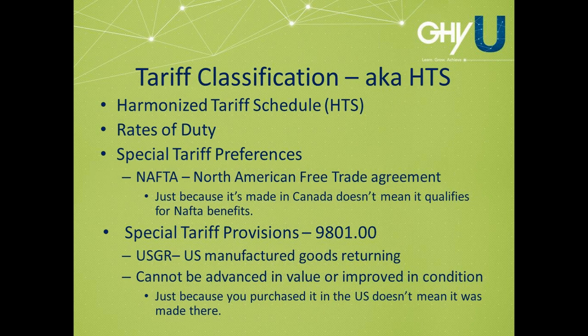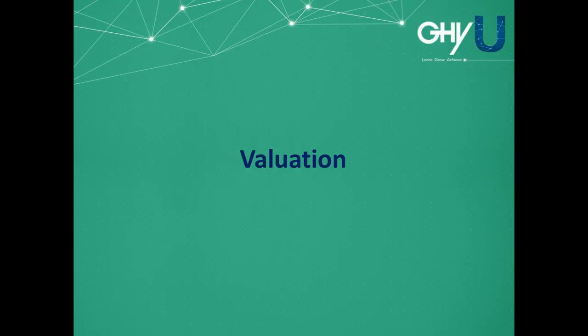Now we'll get into tariff classification. Every good imported into the U.S. must be assigned a tariff classification under the Harmonized Tariff Schedule of the U.S. As some of you may know, the first 6 digits of the tariff are the same or harmonized in the US and Canada, as well as each country that is a member of the World Customs Organization. After the first 6, each country creates their own unique 8 to 10 digit terms based on what they deem